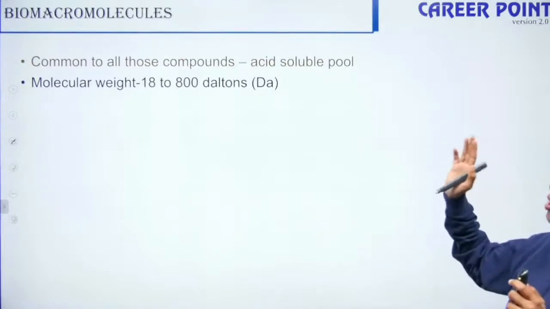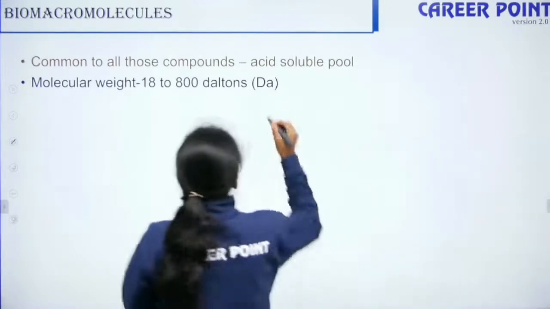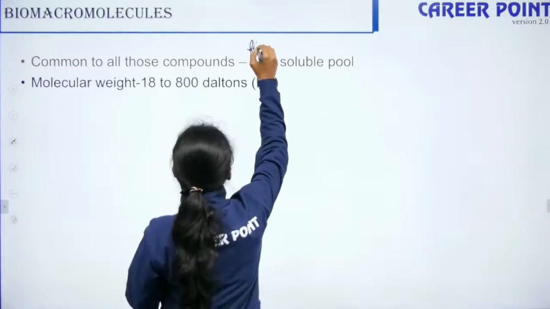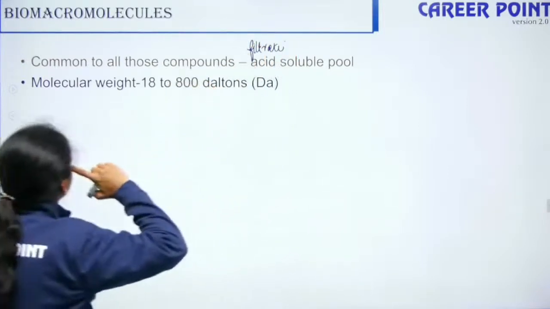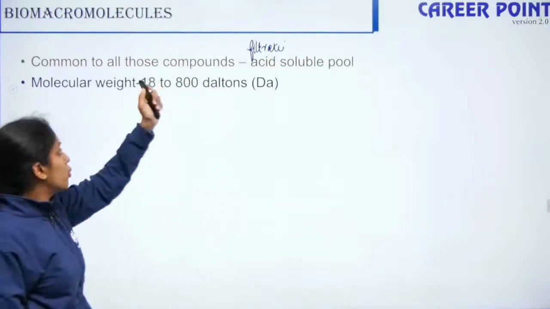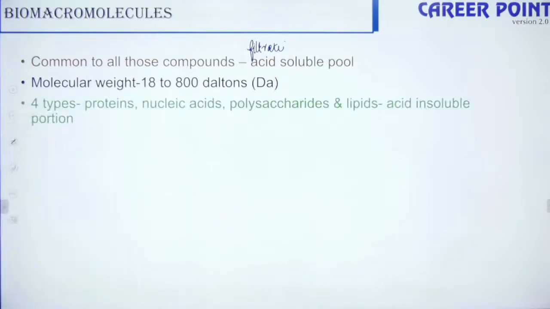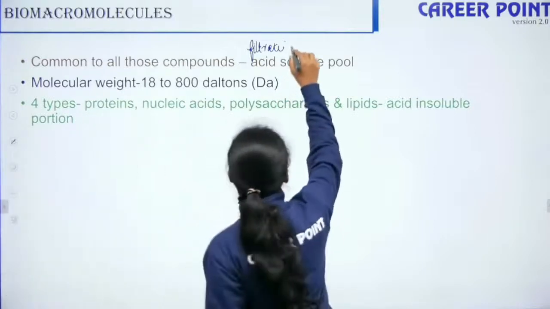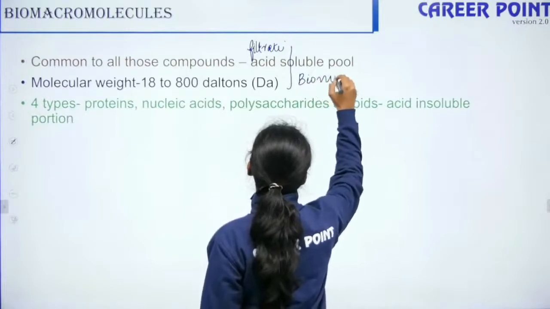So common to all those compounds, biomacromolecules are present in your acid soluble pool, right? So acid soluble pool is your filtrate, right? So the molecular weight of your biomicromolecules of your acid soluble pool was only 18 to 800 Daltons. So here these are your biomicromolecules, or simply your biomolecules,